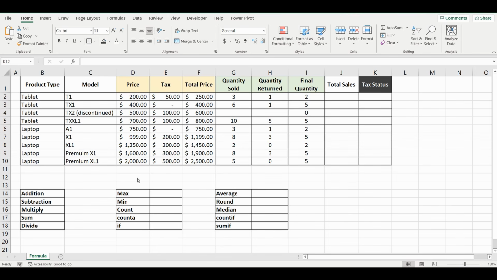Okay, so the third formula we're going to look at is the multiply formula. And again, it's very simple. To work out column J, the total sales, which is basically the price of the product in column F multiplied by how many were sold in column I. So we'll start with equals